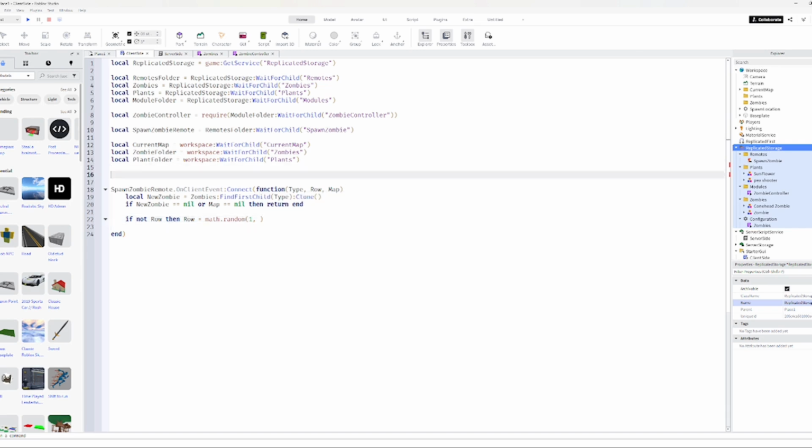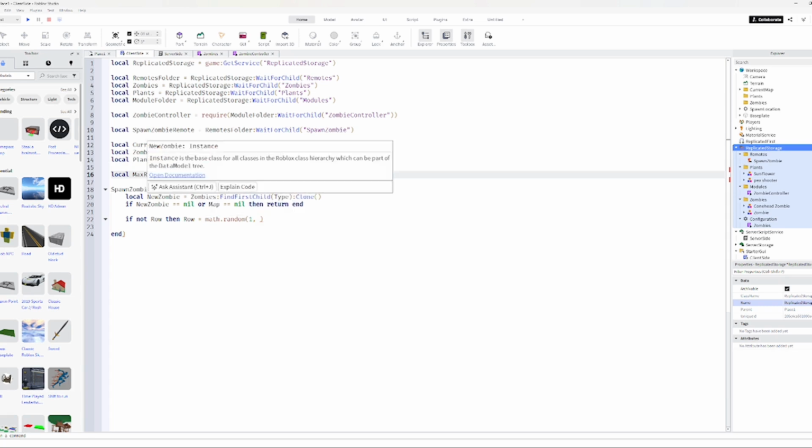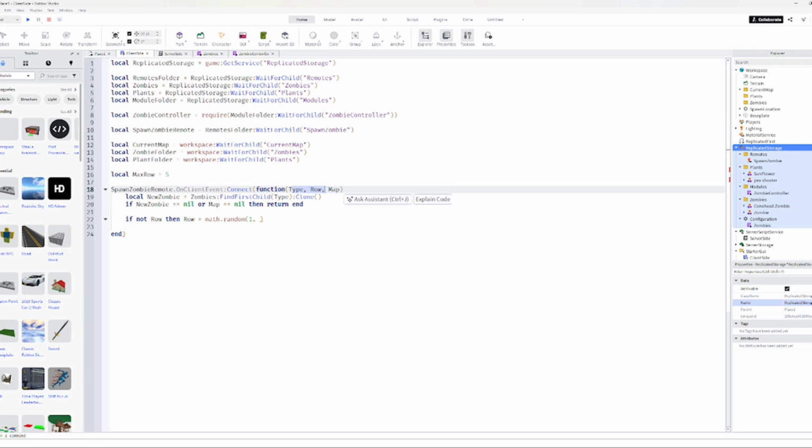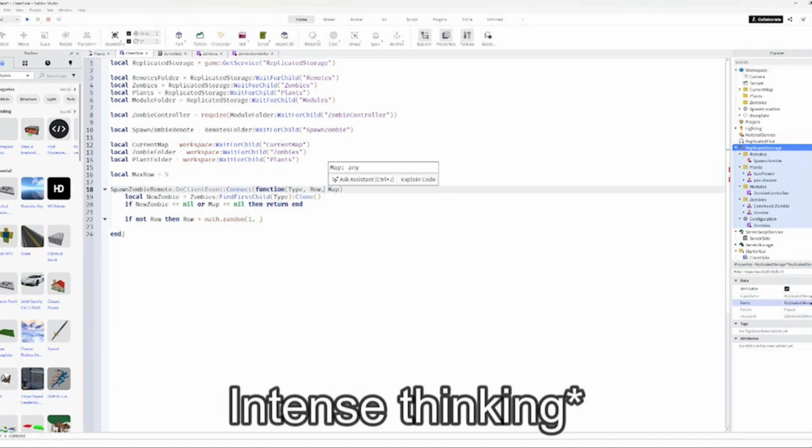At the top here you can put a variable called max rows, which is just going to be 5 for me. It depends how many rows you want to have, because some maps can have more rows and you can alter that with